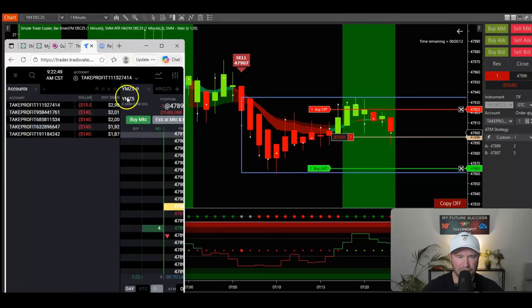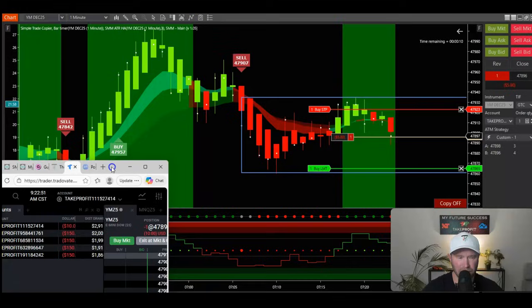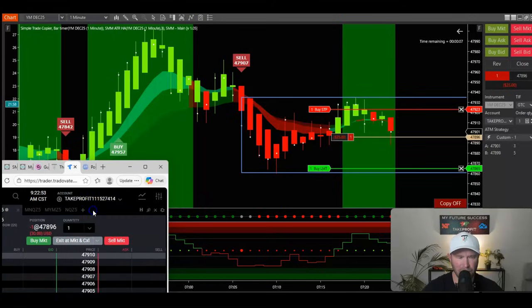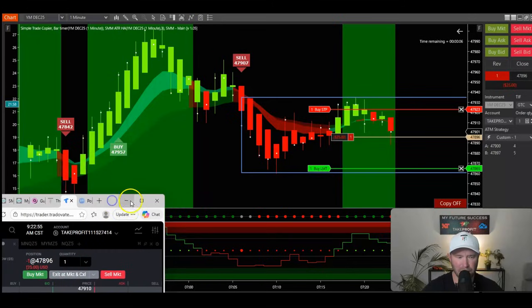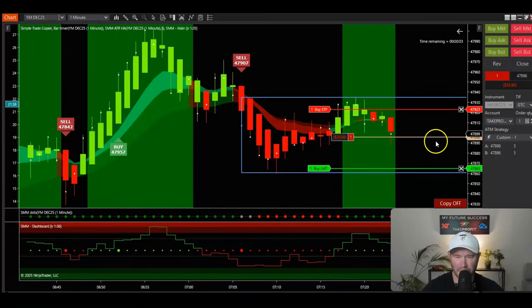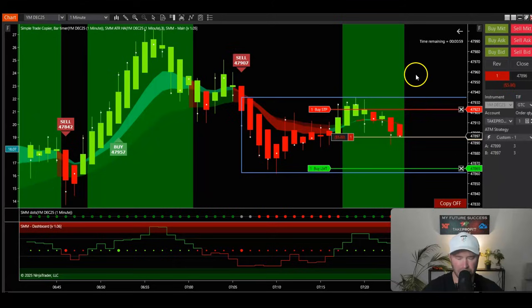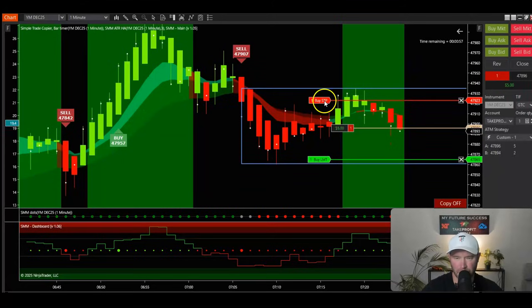Because I might be looking to add to this position. There we go. Perfect. This is nice over here. I'm going to go ahead and exit this part out and just keep that up just in case I need to. And we can look at that later on. So we're flowing down. We're flowing down still. Moving my stop loss above this candle. Got to be real with here.